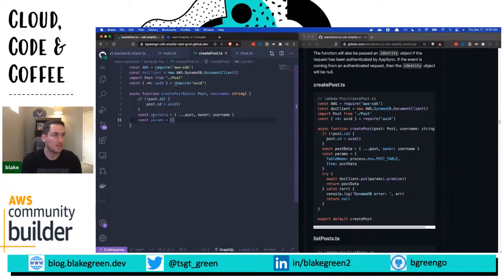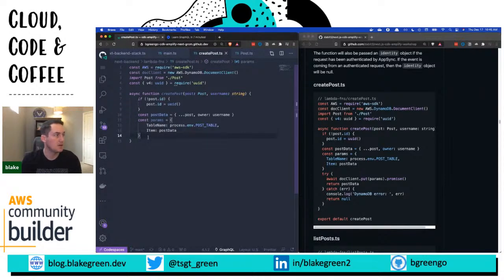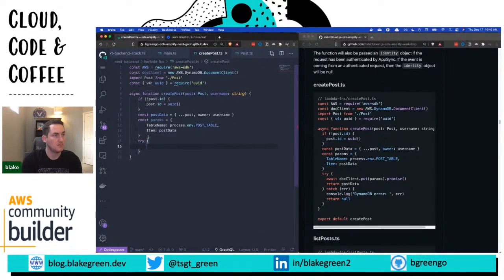Okay. And then we pass in the environment variables that we set on our Lambda function. So TableName equals process.env.POST_TABLE. Item equals postData. Okay, and then now we do a try and catch block. Say await for the doc client to put the params, the promise,